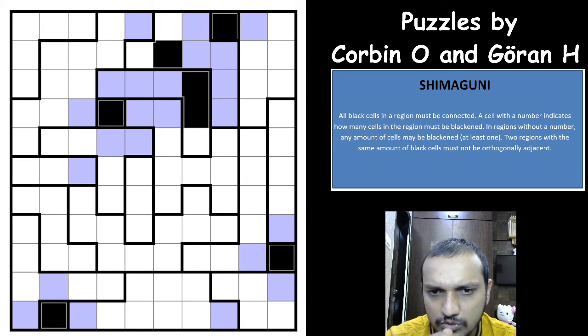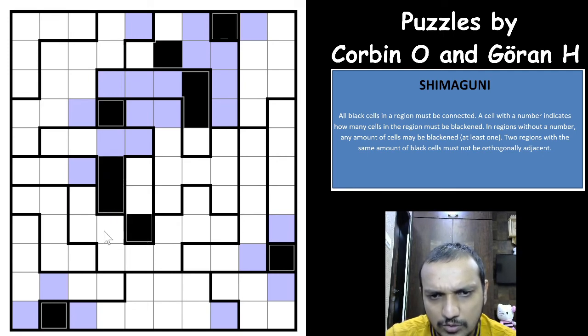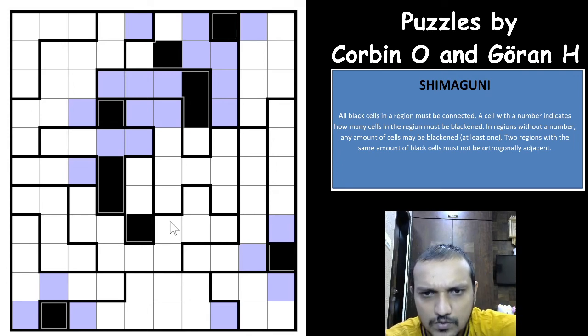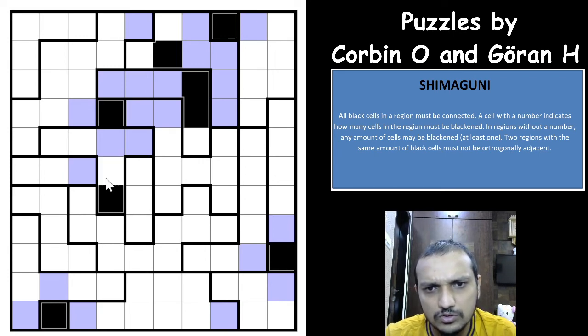This is a two cell shaded and one cell shaded region here. Okay, let me see if this is both the cell shaded. This would have to be one cell shaded, and none of these can be shaded, right? Oh, I can do that. Oh, that's awesome. I actually forgot that this region is connected to one cell shaded region, two cell shaded region,